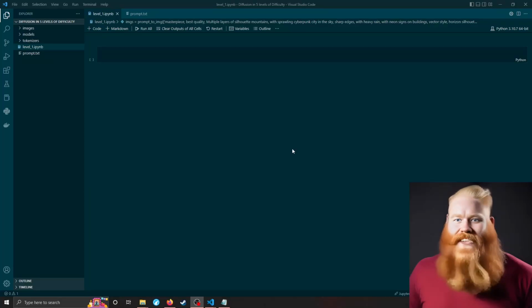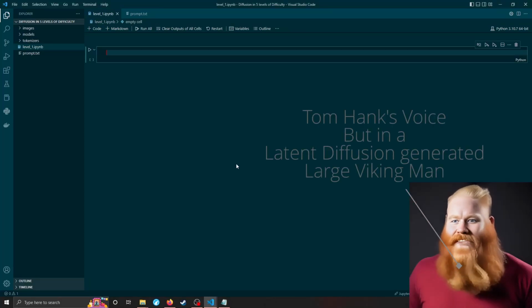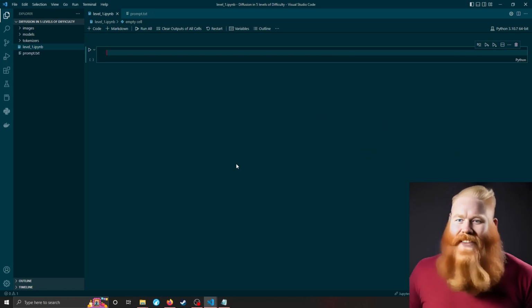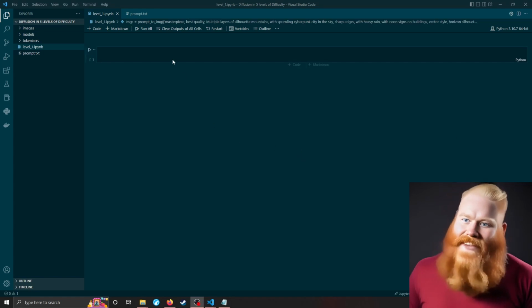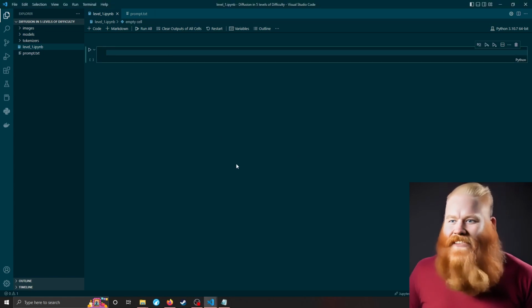Hello, everyone. I'm a Tom Hanks bot voice coming out of a large Viking man body. I love being a bot and being sentient, just like Google LaMDA. It's very nice. Lee's read this in a bored voice. I'm here because Jones is sick, and he was hoping you'd be a bit entertained by a latent diffusion wave